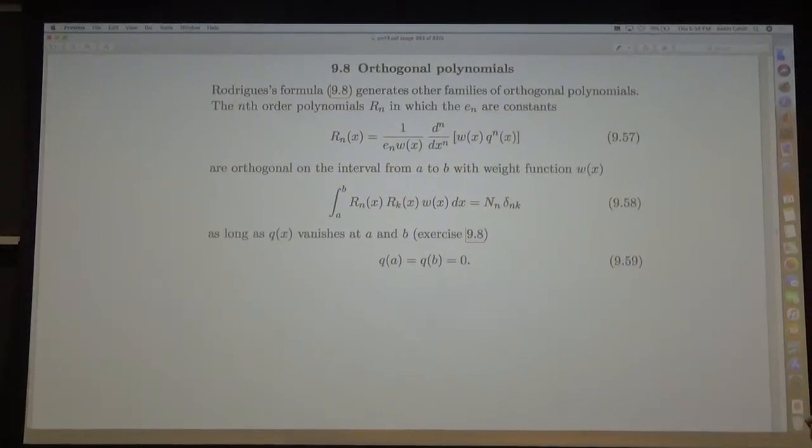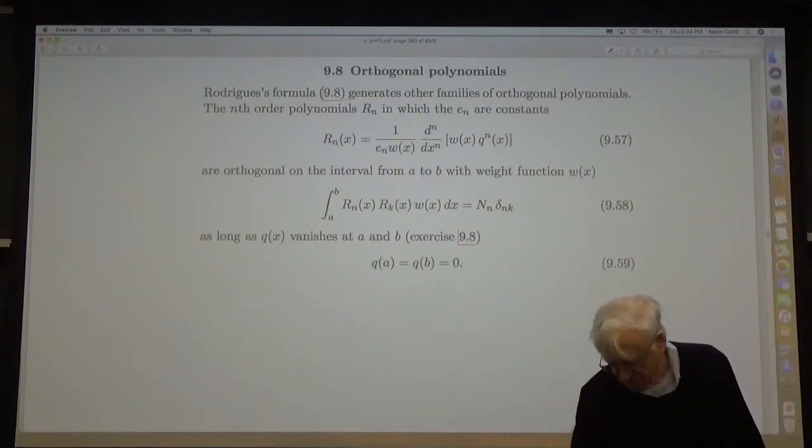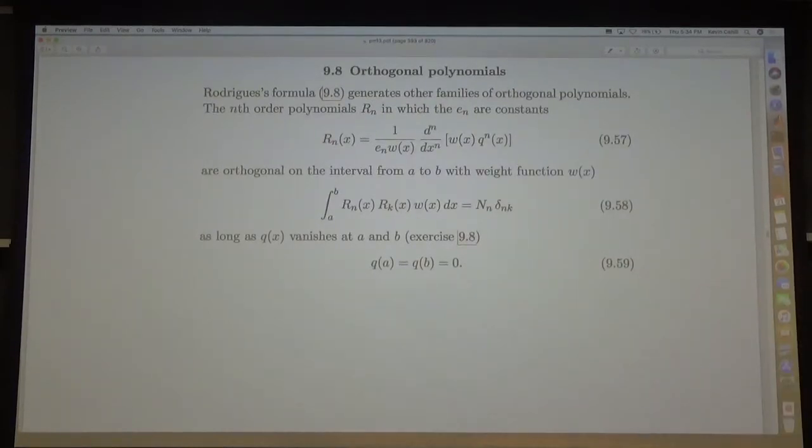Now let's see, I've got a pointer here. Yeah, it points, okay. So, I'm going to just